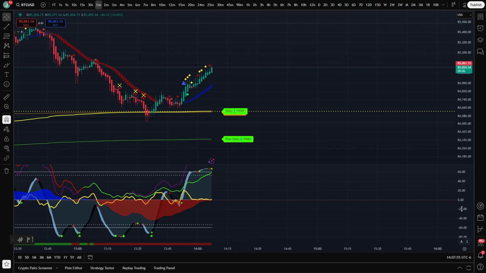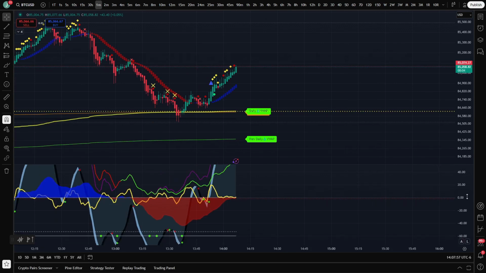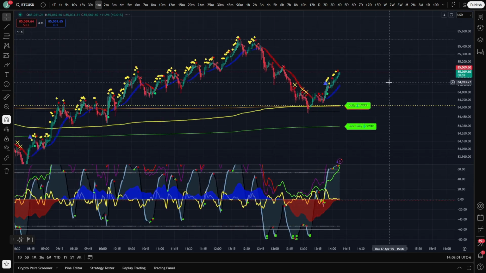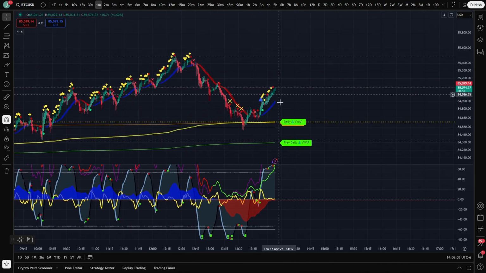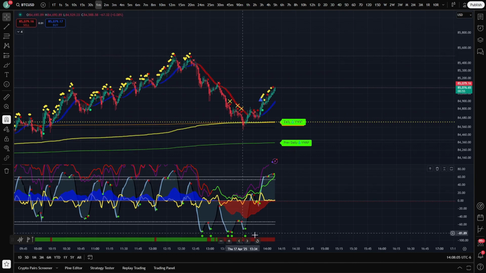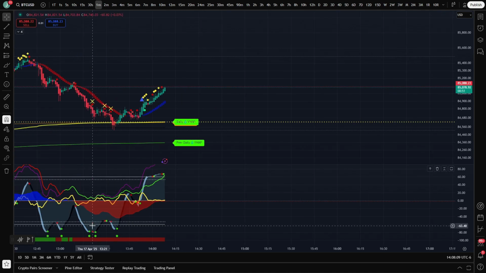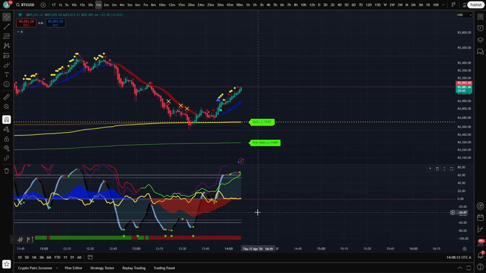Today, I would like to show you how I use marketcipher, how you can use marketcipher, how to properly read marketcipher and use it to catch good moves like we're seeing play out now. Okay? How would you know to catch this move? Well, it's simple, and I will tell you. Okay. So,